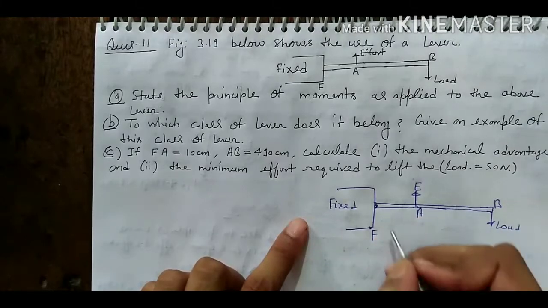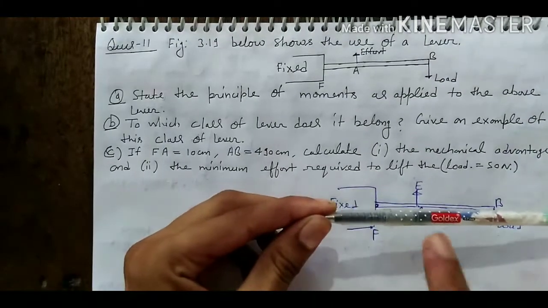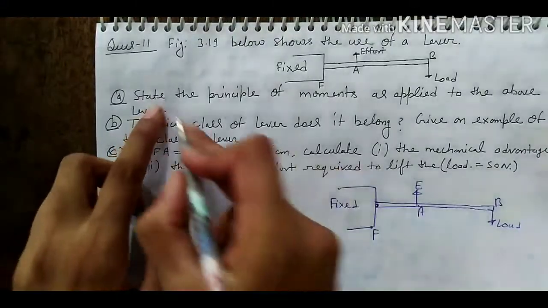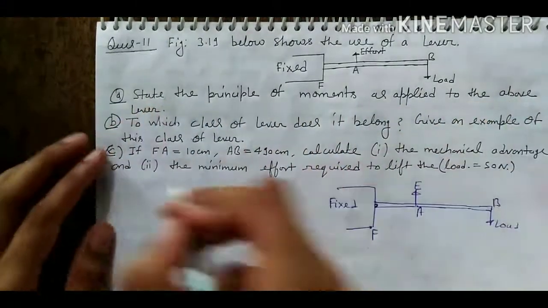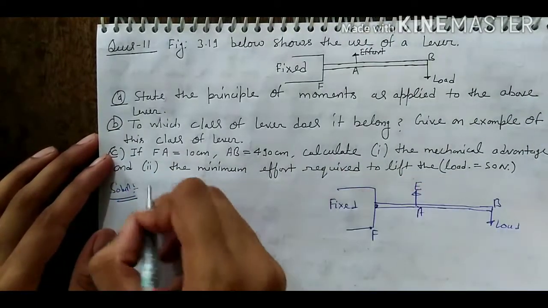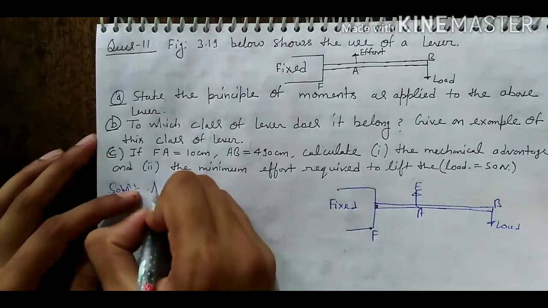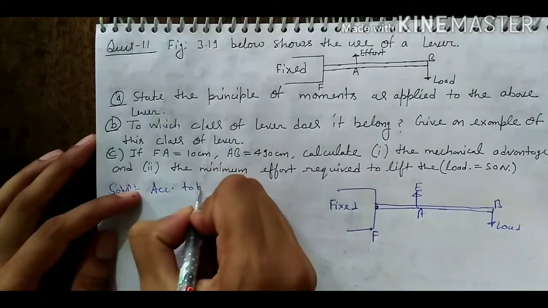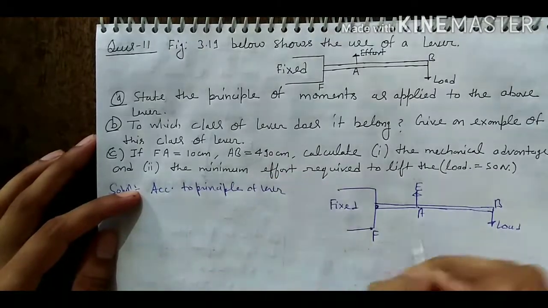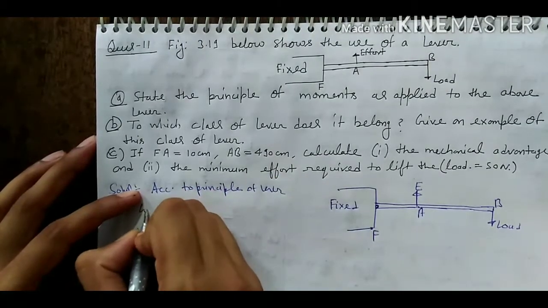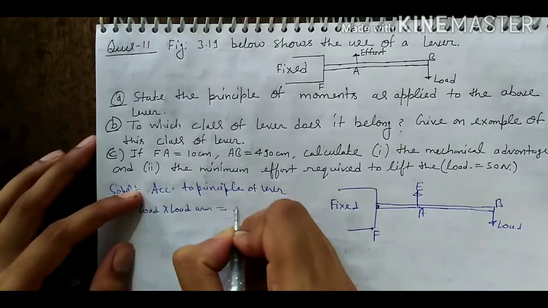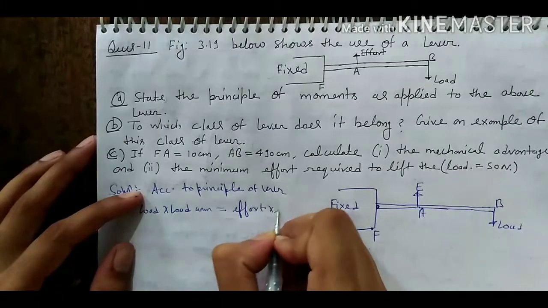इट मीन्स स्टूडेंट कि हमारे पास एक रॉड है और ये रॉड क्या है, एक एंड इसका फिक्स है, हम यहाँ पे एफर्ट अप्लाई कर रहे हैं तो ये क्या हो रहा है, लोड यहाँ पे दे रहा है. इट मीन्स कि हमें फाइंड आउट क्या करना, पहले लिखना है स्टेट द प्रिंसिपल ऑफ मूवमेंट. तो सॉल्यूशन फर्स्ट क्वेश्चन का कितना हो जाएगा, प्रिंसिपल ऑफ मूवमेंट का मतलब हो जाएगा अकॉर्डिंग टू प्रिंसिपल ऑफ लीवर, लोड इनटू लोड आर्म, effort is equal to effort into effort arm.